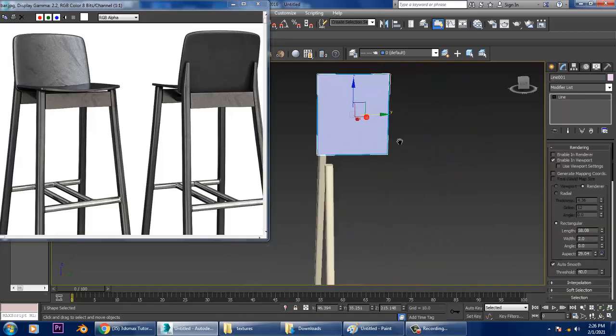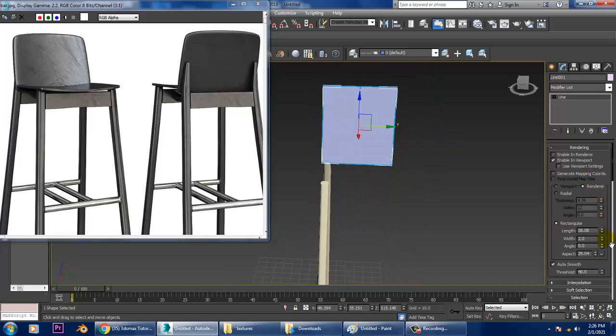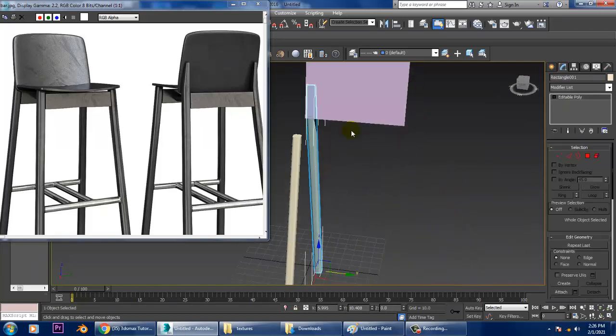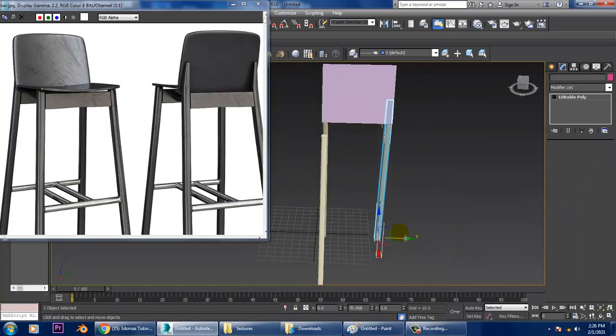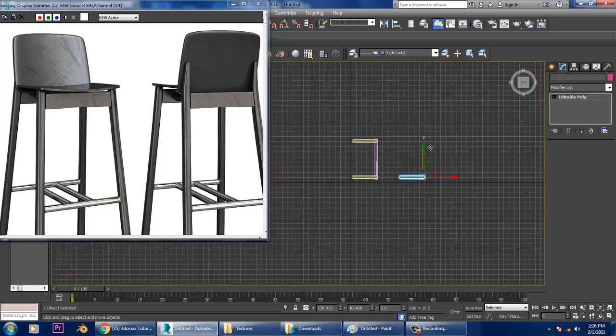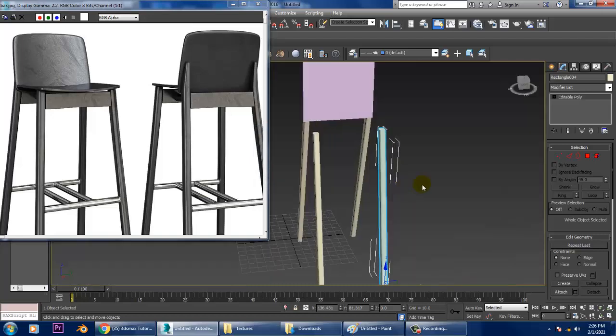We can select this and slightly increase its width over here. I can duplicate it in this manner. I can go to this top view and make a copy of it.